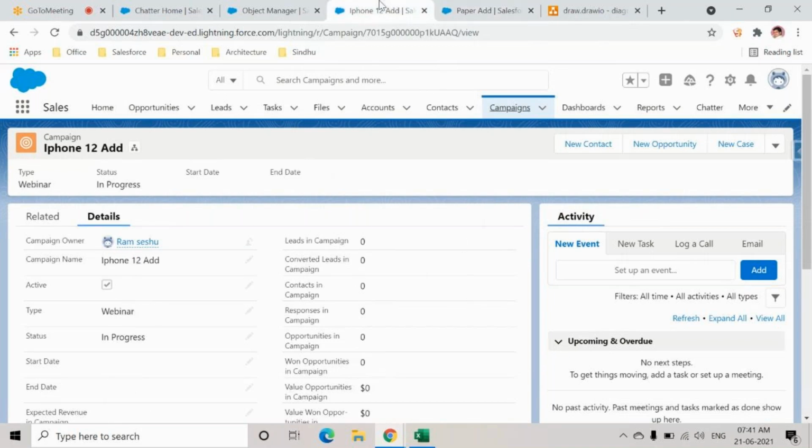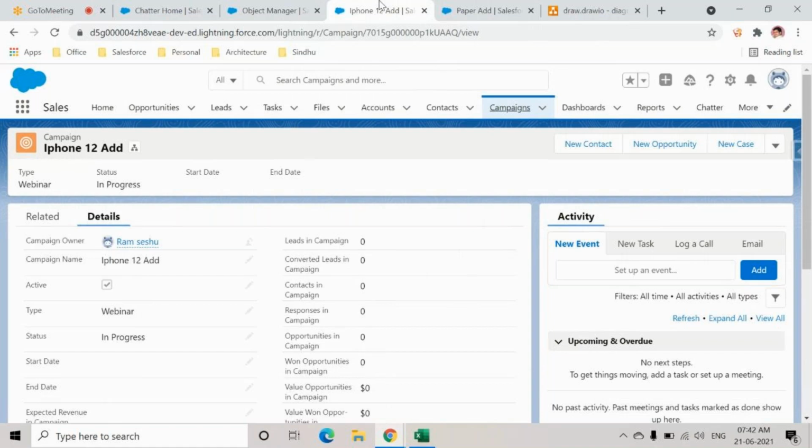Now what happens? Salesforce gives us an opportunity where you can connect your advertisement with your inquiries. Okay, that is where I'll get to know whether this campaign has done a great job for my organization or not, right? For example, if I'm posting an ad and I'm investing around $1,000 or $10,000 on a particular ad, and it is not generating any revenue, I'm not getting any inquiries or any business, there is no point in doing the campaign again and again, right? I should do something else which helps the business, right? So we need to get the reports at the end. To generate those reports, we'll make use of these fields.